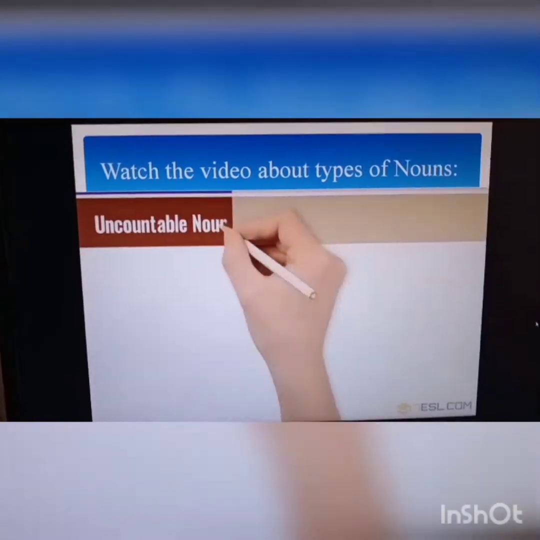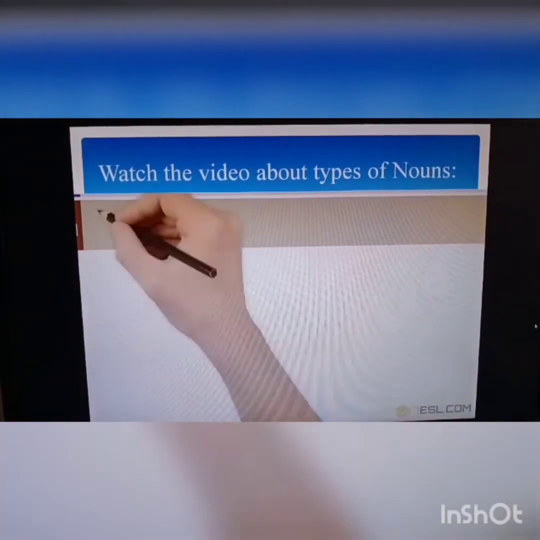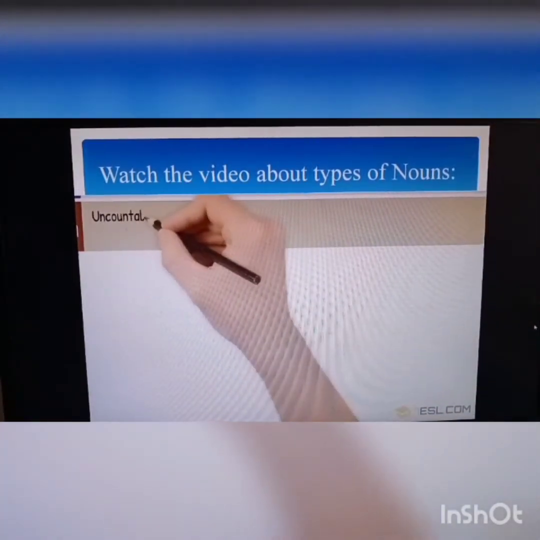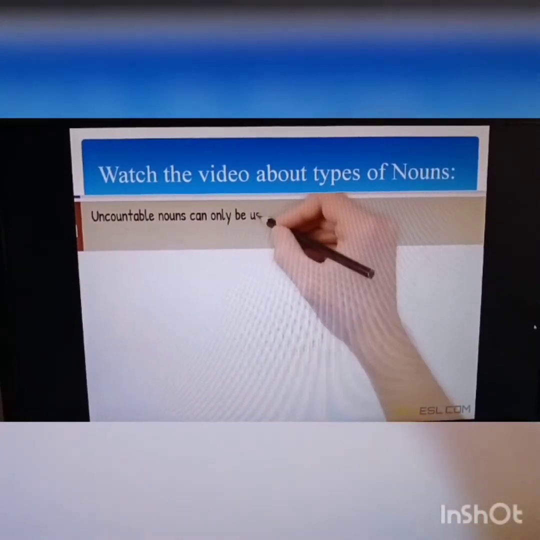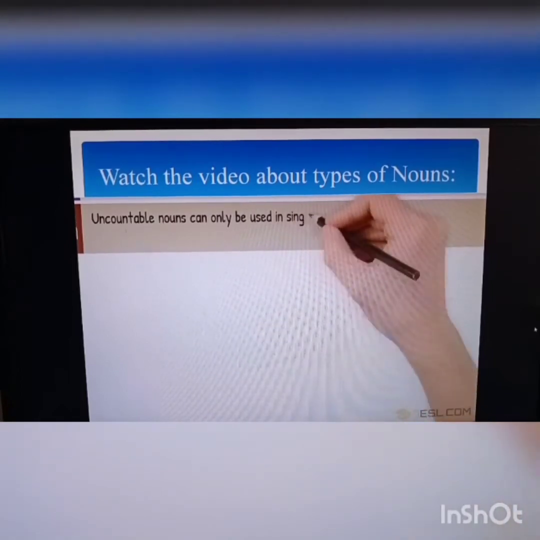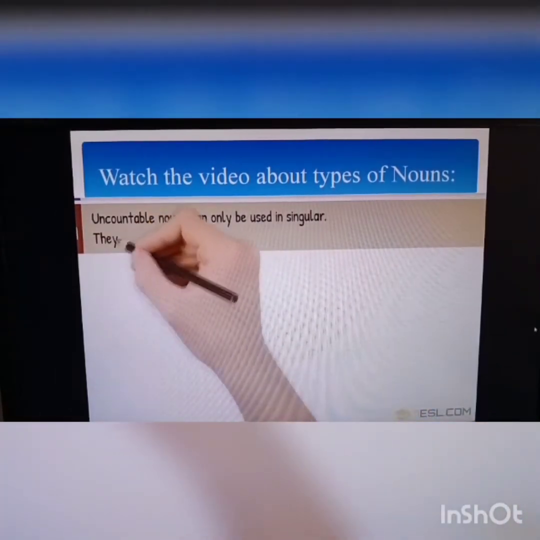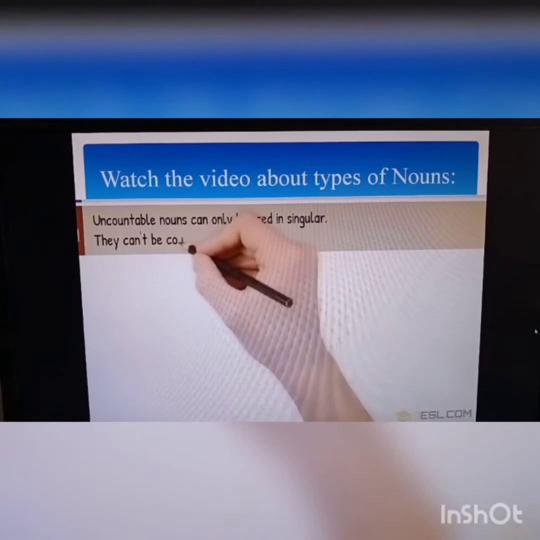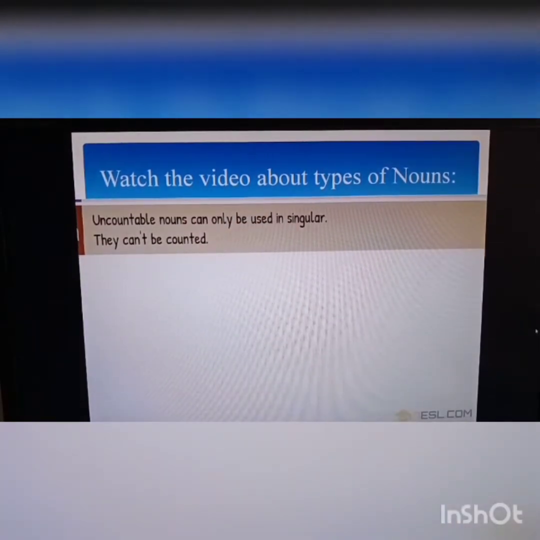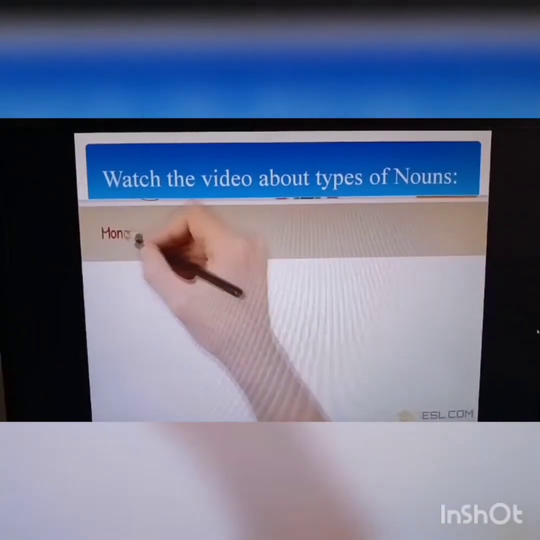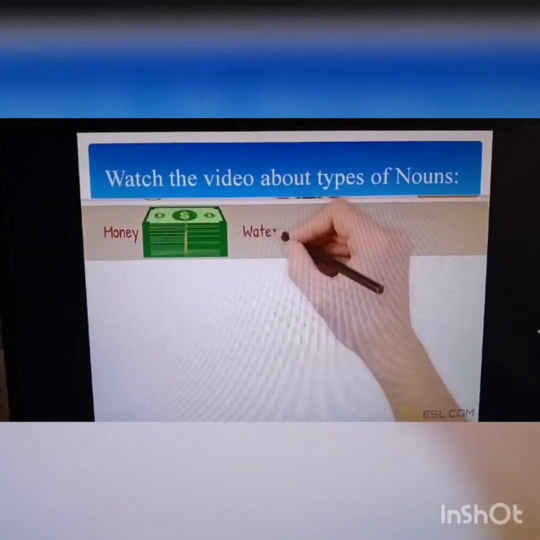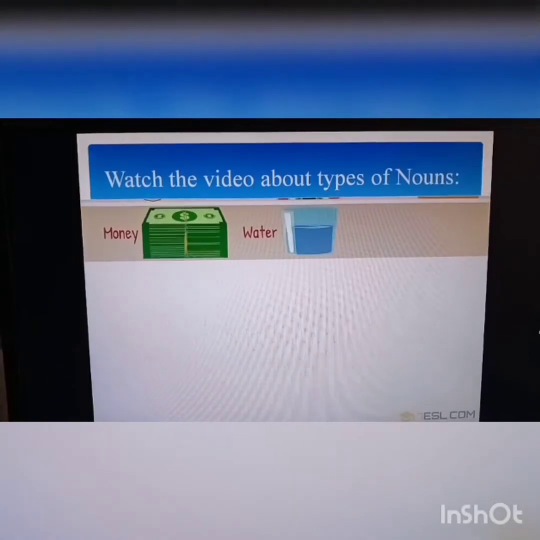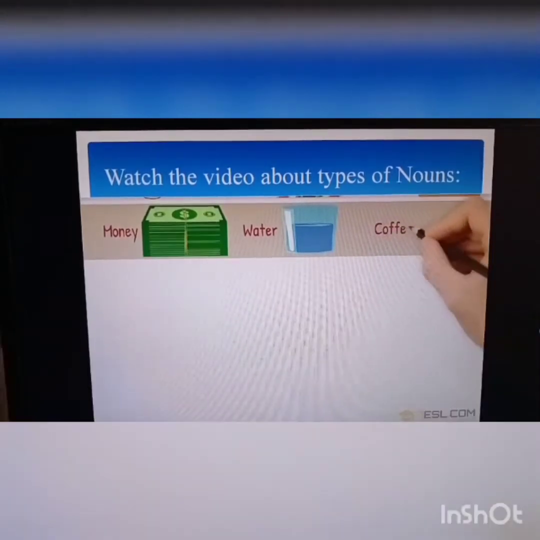Uncountable noun. Uncountable nouns can only be used in singular. They can't be counted. Money, water, coffee.